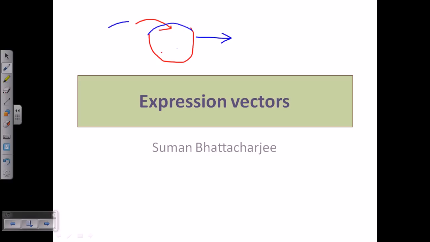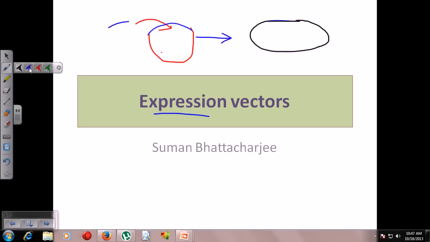So the job of a cloning vector ends when it enters into a host cell, but the job of an expression vector begins when it enters into the host cell. You can look at it in this way, right? So when this vector inserts itself into this host cell, suppose this is the host cell, and inside this host cell we have this recombinant molecule. So this is our recombinant molecule. It enters. So the job of this cloning vector, which is in red color, is done now,